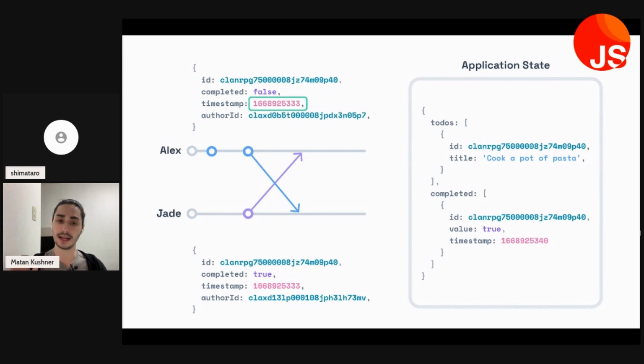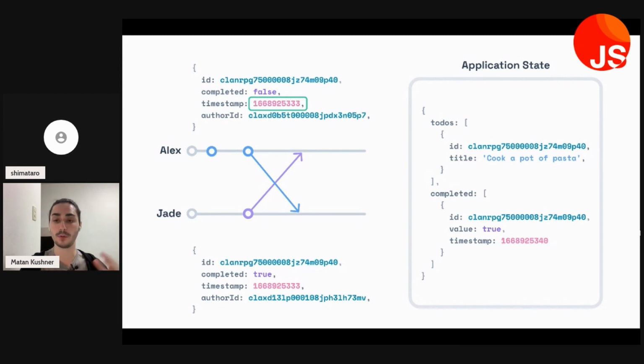In the event that we get an identical timestamp, it's going to favor the person with maybe the alphabetically lower author ID. That way, at the very least, both clients end up with the same thing. It doesn't matter the order, really. It just matters that it's the same order for both of them. So in this case, Alex has a smaller author ID.